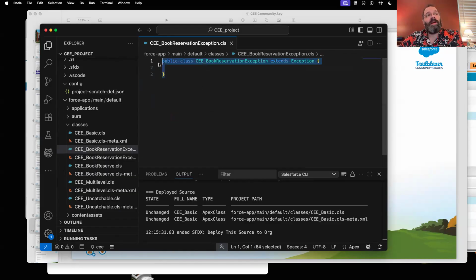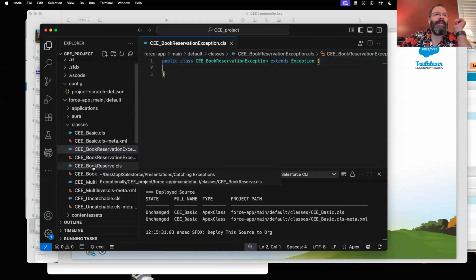I believe you can put these inside a class, so they could be an inner class. I don't know if you guys covered that topic yet, inner classes. If you have, I think you can put them inside. You don't have to have them separate, but I just did. And you could put overrides and other stuff in here. You don't need to. There's advanced stuff in here. I'm not even worried about it.